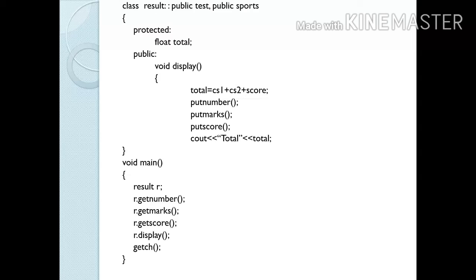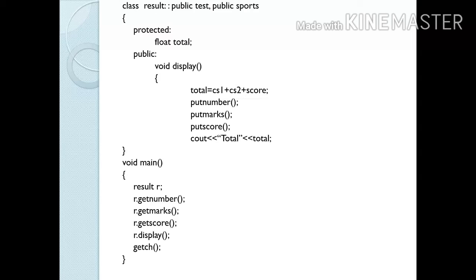So that was my single inheritance. So in this program I used more than one type of inheritance, that is single inheritance and multiple inheritance. So this is what is called hybrid inheritance.